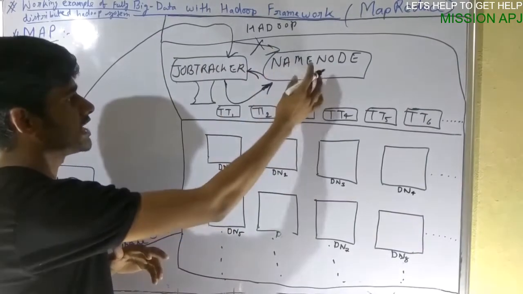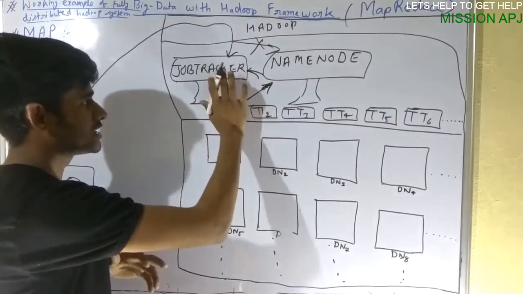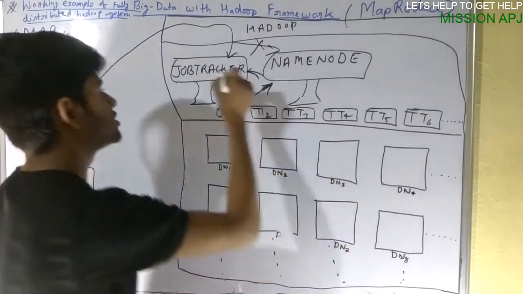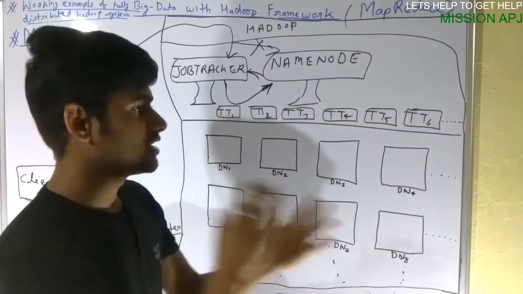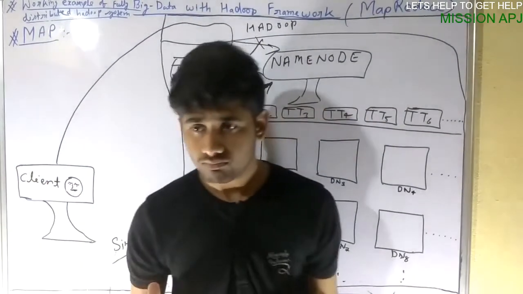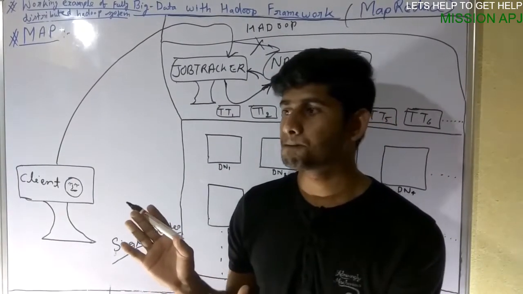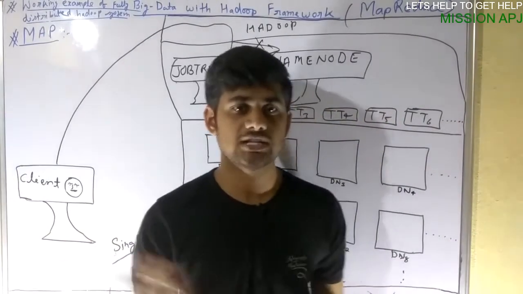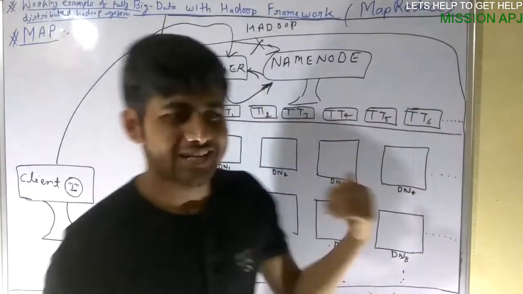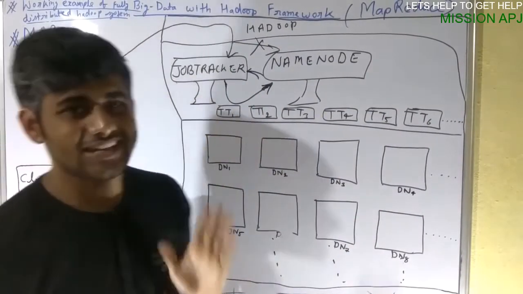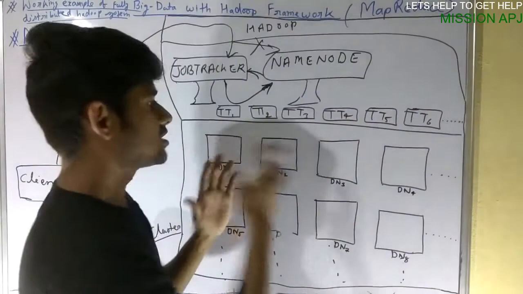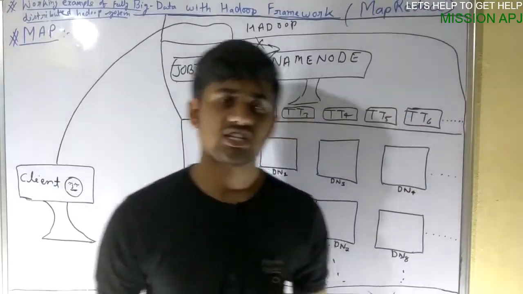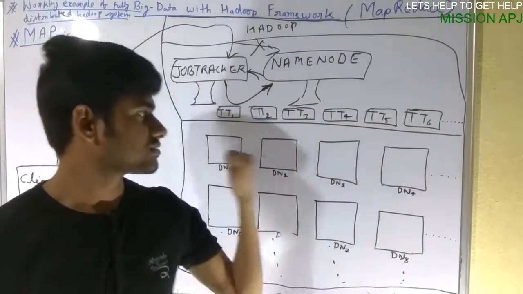That is, the query is to count the number of likes. It will come here, the name node will provide the data on which the likes need to be counted, and the job tracker will divide the whole process. It's like there is a lot of work, and you divide that work among different human beings so that the work can be easily completed. The same task is done by the job tracker. It divides the process into several parts, and assigns each part to a different task tracker. The task tracker is nothing but the slave of the job tracker, and